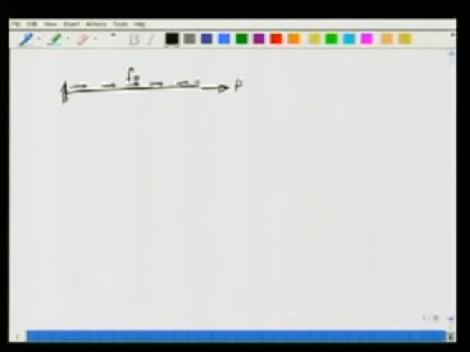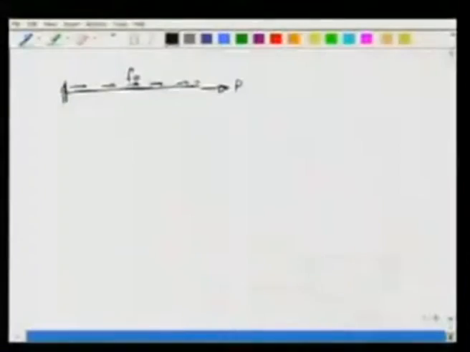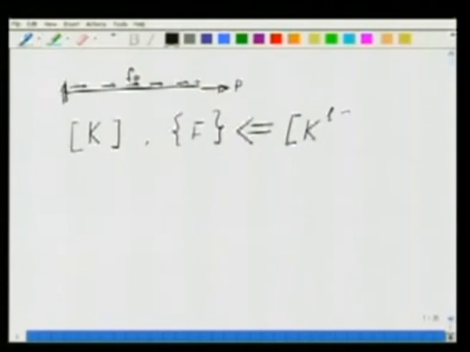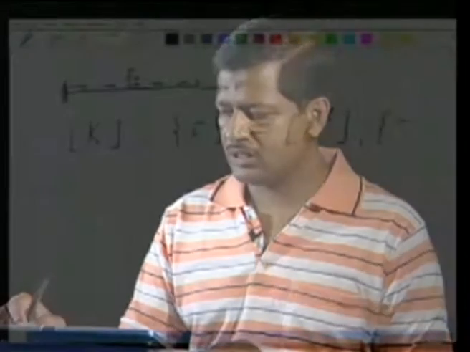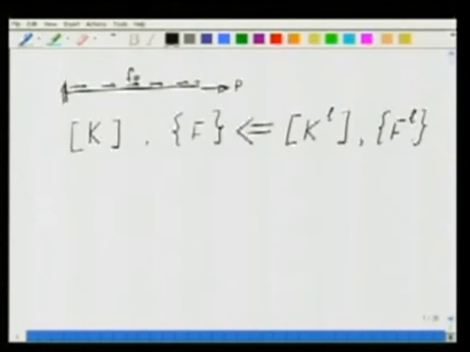In that case, we had built up the element equations, we had introduced the idea of element calculations, and then we had discussed how to take these element equations and put them in the global matrices, that is the global stiffness matrix K and the global load vector F. How the element calculations, which we had written as K of element L and the load vector F due to the element L, will be put in these global equations in terms of K and F. And we had said that this will lead to finally, after assembly, an equation of this form